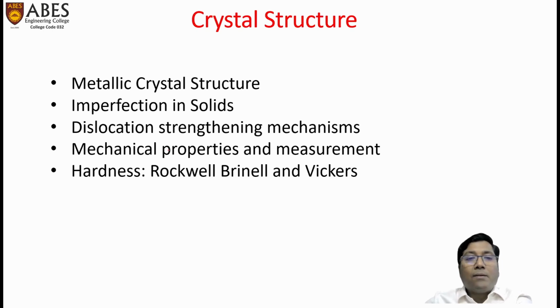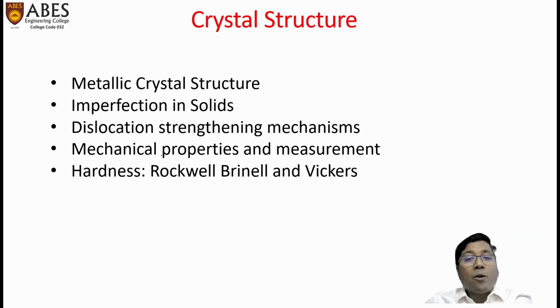Then metallic crystal structures. How many types of metallic crystal structures are there? Then imperfections or defects in solids: point defects, linear defects, surface defects, interfacial defects, and also volume defects. That is, various dislocation and strengthening mechanisms, the slip system, slipping mechanism, mechanical properties and measurement,